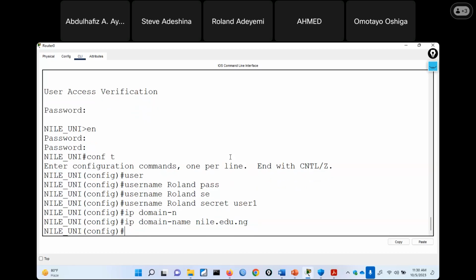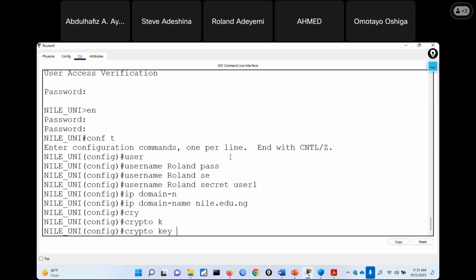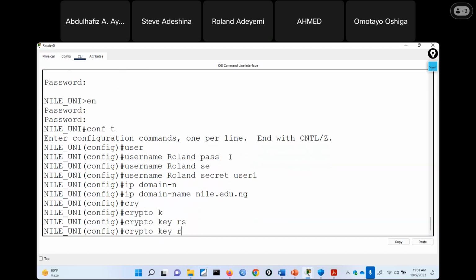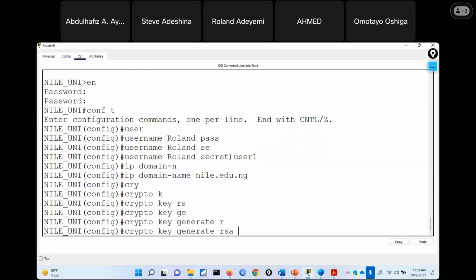The third thing you need to do is to generate a key. That is the RSA crypto key. That's what the router, the device, and the computer will be using to encrypt whatever communication is going on between them. And the command is crypto key generate rsa. Now, when you hit enter,